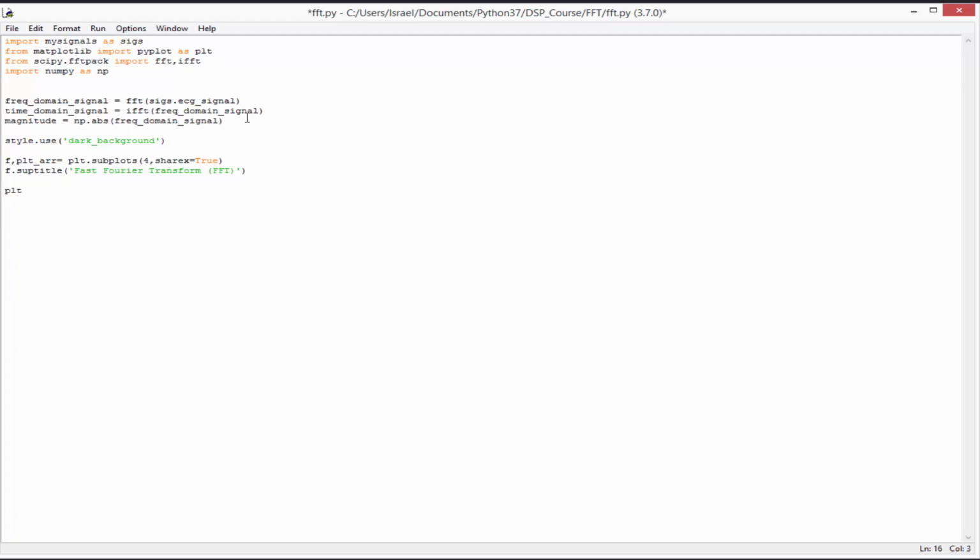Start with index number 0. I'll say plt_arr_index 0 dot plot, and what we want to do is plot our input signal. Our input signal is sig.ecg_signal, and we can give this the color of red like we saw earlier. We'll put a comma, color, and then we'll pass red over here, and then we can set a title to it. We say plt_arr index 0